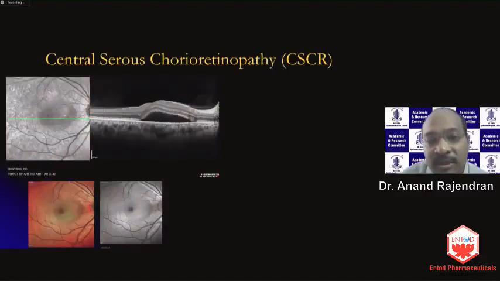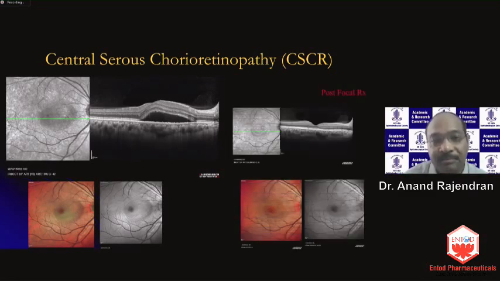Central serous chorioretinopathy is something everybody knows about. It shows up as a blister kind of appearance on the en face, and in the clinical picture, it's serous elevation of the macula. It's important to note that in acute conditions especially, you will not find intraretinal cysts, as opposed to diabetic macular edema. You may find them only in degenerative chronic CSCRs. Obviously, once you look at the leak-borne fluorescein angiogram, and we'll be talking about that a little later, it resolves very well.